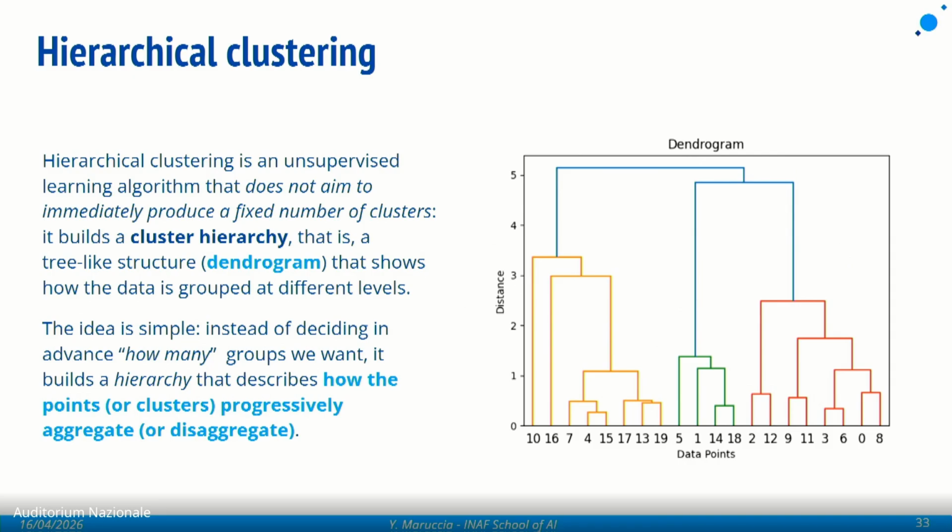Hierarchical clustering is always unsupervised, and it doesn't want a fixed number of clusters at the end, but it tries to build a cluster hierarchy within our data, which is a tree-like structure. So I think that we already know the dendrogram, these tree-like structures. And the idea is to understand how the points